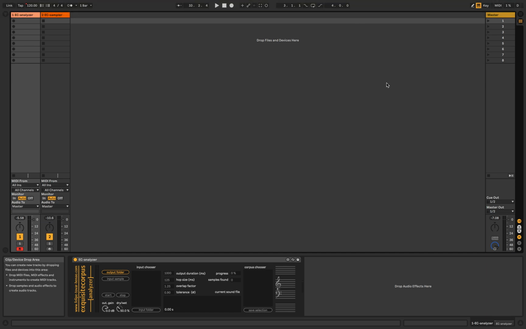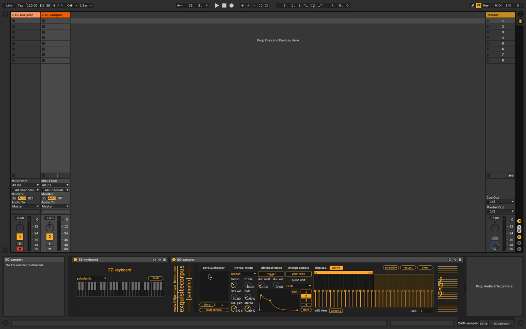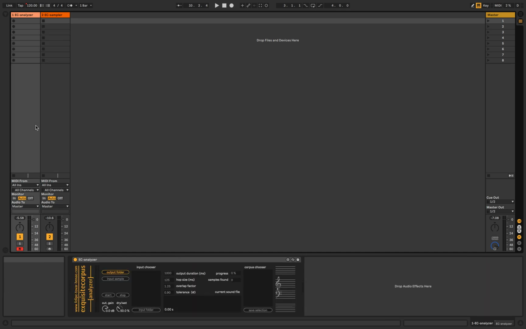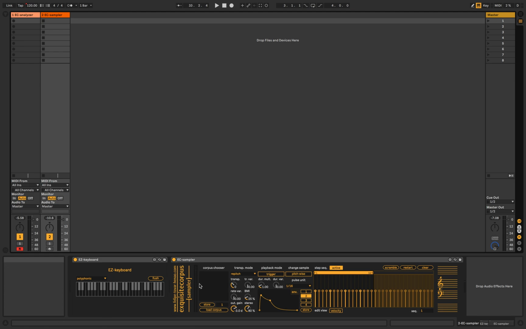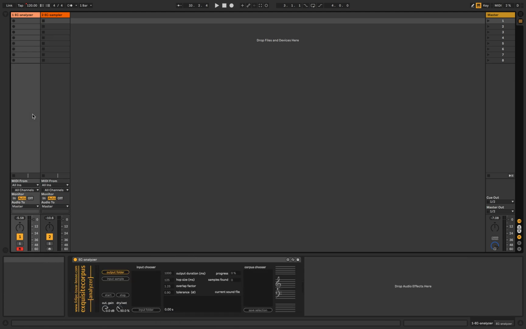Hi everybody, welcome back. Before we can use Easy Sampler, what we'll need to do is build a corpus first that we can load onto the sampler. To do this, we can use Easy Analyzer, which performs offline pitch detection, segmentation, and labeling on any sound file